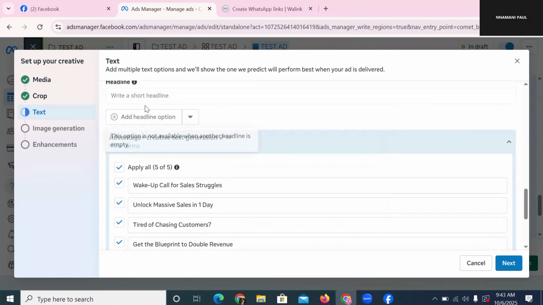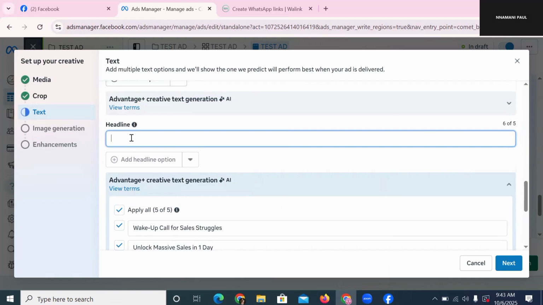Okay, the next one here is headline. What is a headline? A headline is just a simple one line that you put that will make people understand what the advert is about. For instance, if this advert is about free training, my headline could be something like this: free training. But you have to actually make it catch you. Free training,